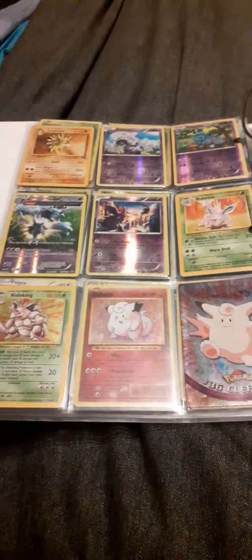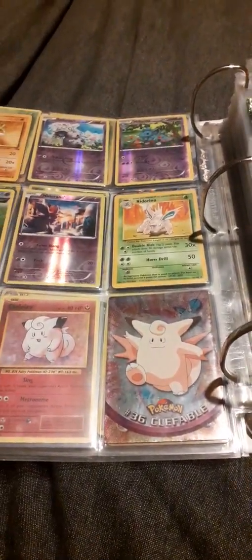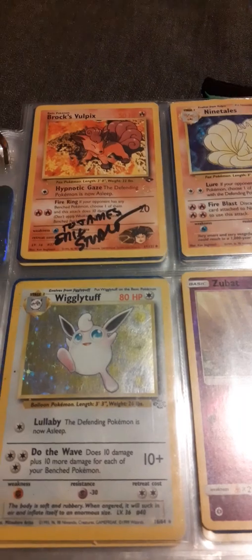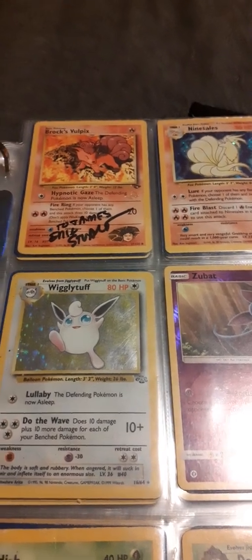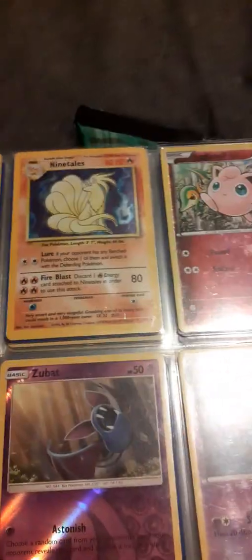We have a page of Nidos. We have the Clefable from that. A signed card of Brock's Vulpix by the voice of Brock and James, and technically Kaiba from Yu-Gi-Oh! as well, which is Eric Stewart. That Ninetales, I used to